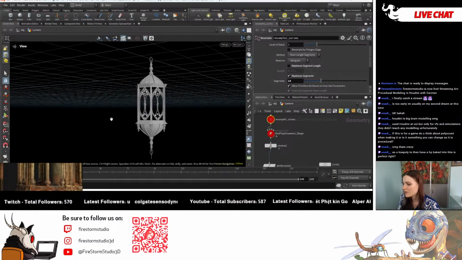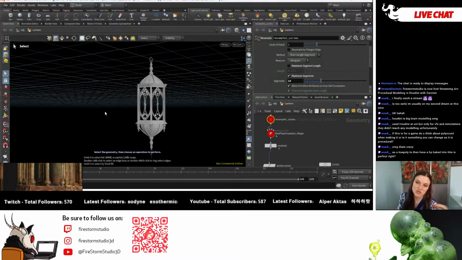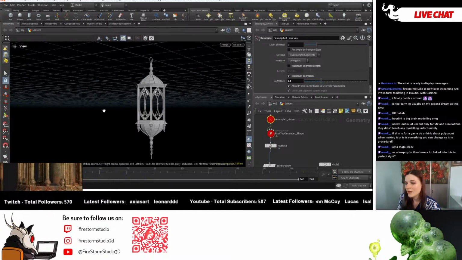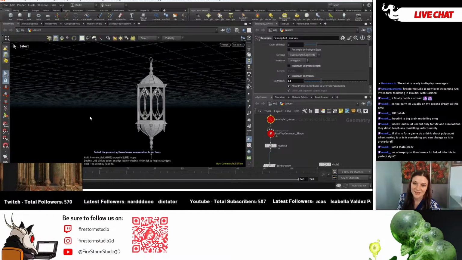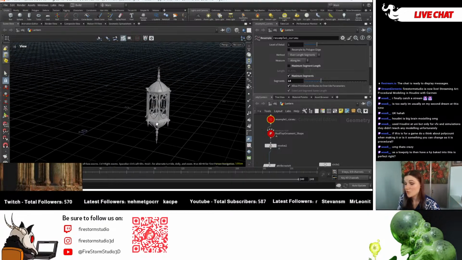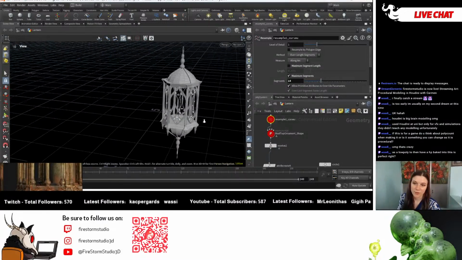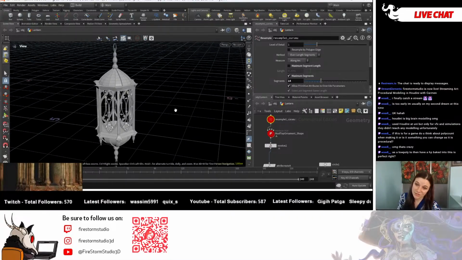Because you can go to the end of the network and add a bevel just to smooth out the edges. You can subdivide it all, and you'll have it all pretty and nice and high poly as well. So you can do both. You can use this network for both your high poly and your low, and you can even do your UVs,